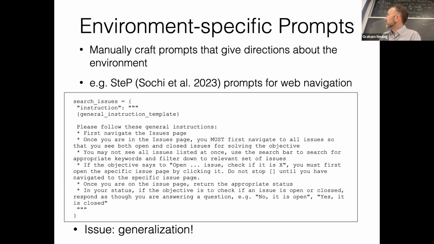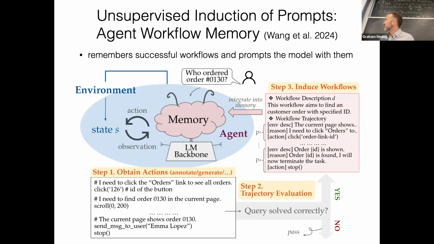So it's a way to kind of induce these automatically. I mentioned that step with the manually curated things: it went from like 15 to 36. Agent workflow memory with the automatically induced things went from 15 to 35.5. So we didn't quite match human performance in terms of prompt engineering, but it's pretty close. I figure that's one level of improvement that you could expect from better environment understanding on